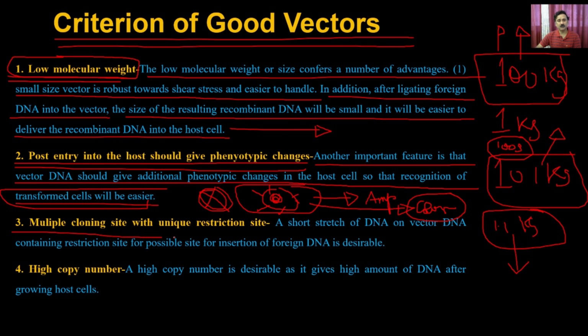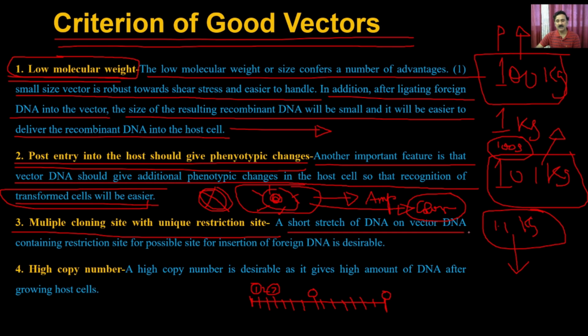The third is that you should have multiple cloning sites. The multiple cloning site is a stretch of DNA which contains restriction sites at regular intervals. So they have a very composite DNA, and all of this DNA is going to have restriction enzyme sites. For example, this is 1, 2, 3, and so on. So you have the flexibility of using the first and the middle restriction enzymes, or you can use the third and the last restriction enzymes, and so on.